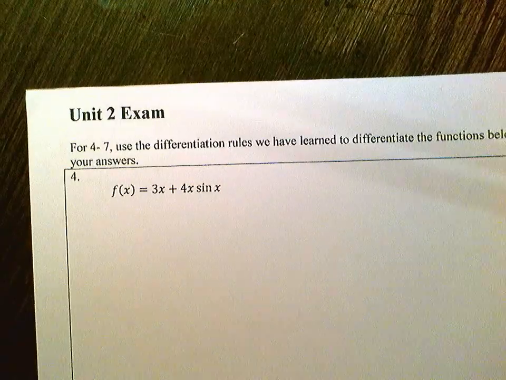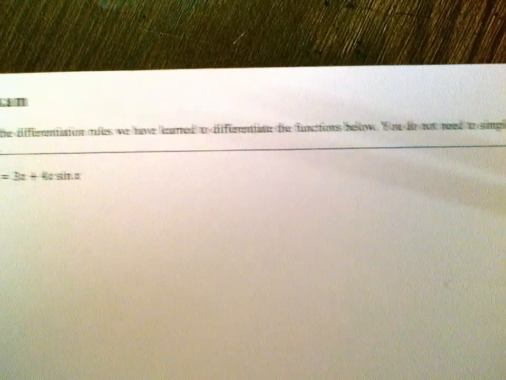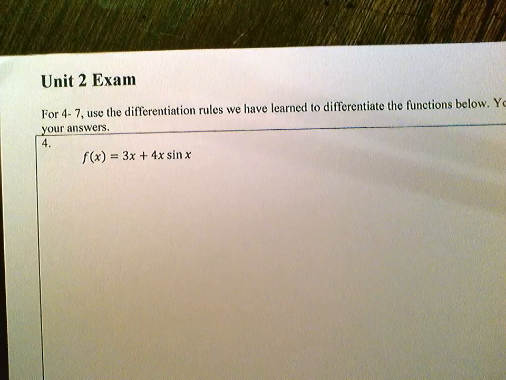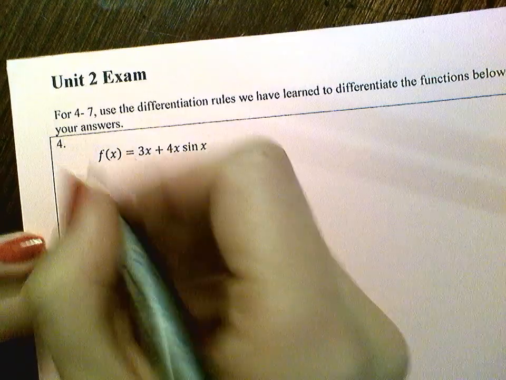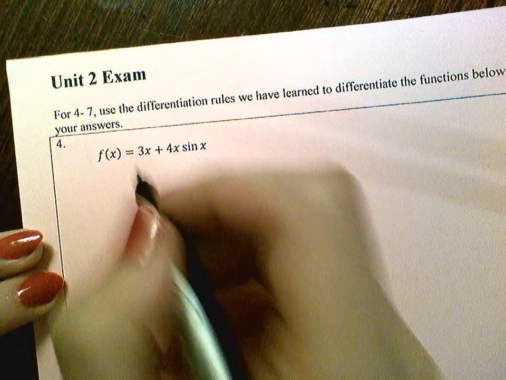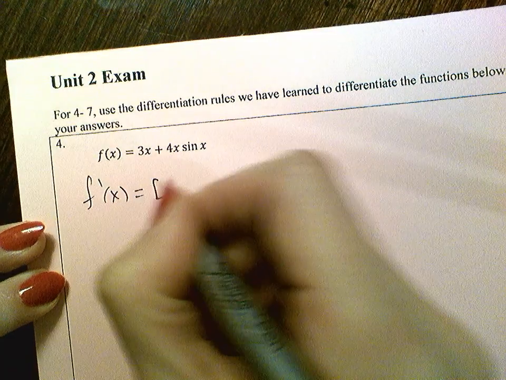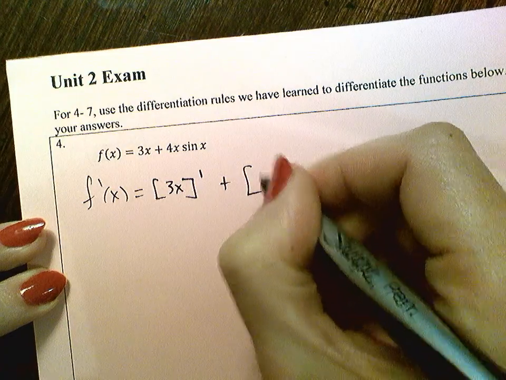Okay, now on to our derivatives. So for 4 through 7, use the differentiation rules that we have learned to differentiate, which means take the derivative of the functions below. You do not need to simplify your answers. Okay, so I'm going to go super slow. So I'm going to start off by going f prime of x equals, so I'm going to have to take the derivative